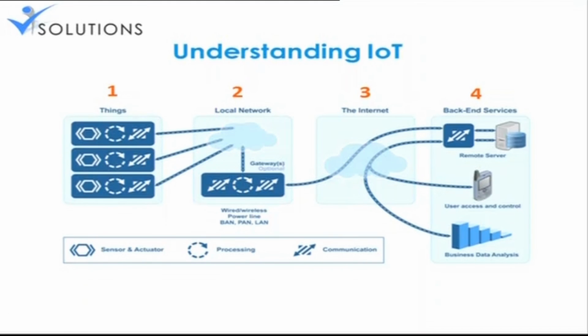Following that, you will go to your LAN. LAN stands for local area network, which means that from here it goes to my local area network connection. From here it will go to your internet, which is basically called cloud computing. From here it will go to the backend services. Backend services are nothing but your remote analysis. Then database analysis and everything will come into the picture. Even here you can say business data analysis, user access and control, remote service, everything will come into the picture. Getting it? Yes. So depending upon whether you want to do a commercial IoT or an industrial IoT, this component will be either missing or available.